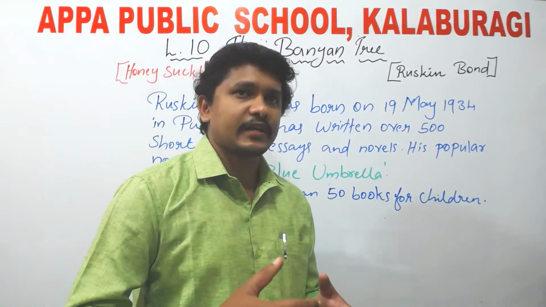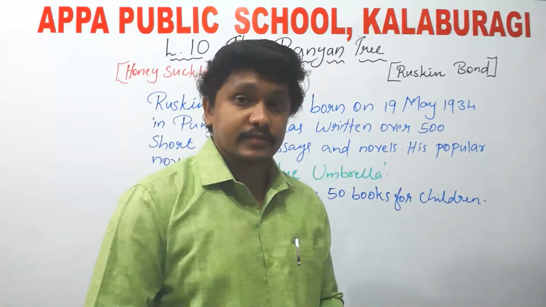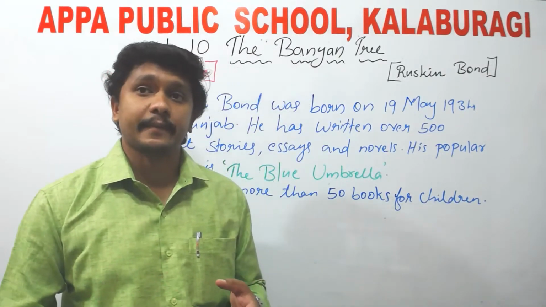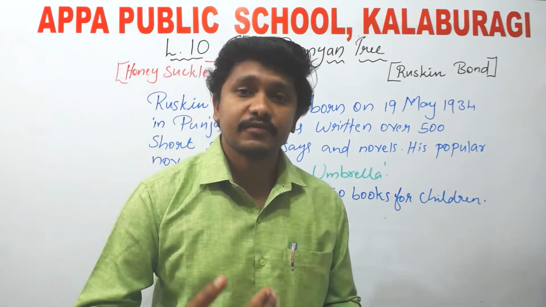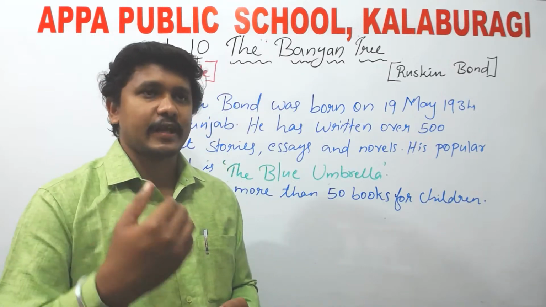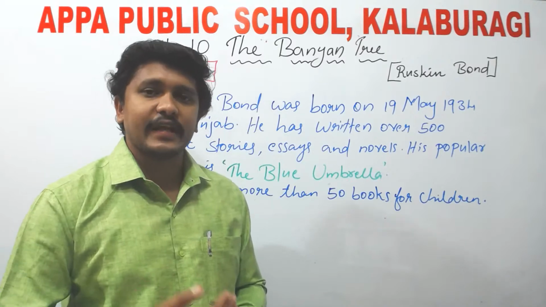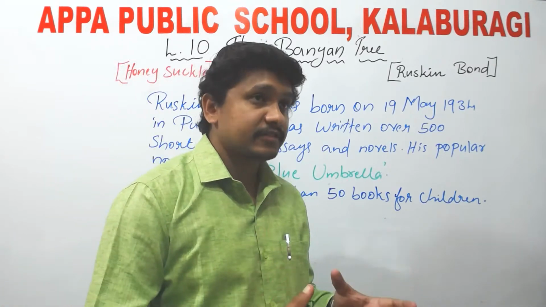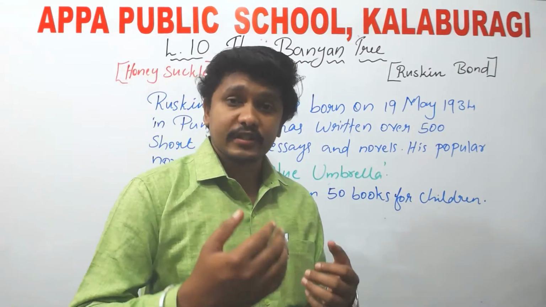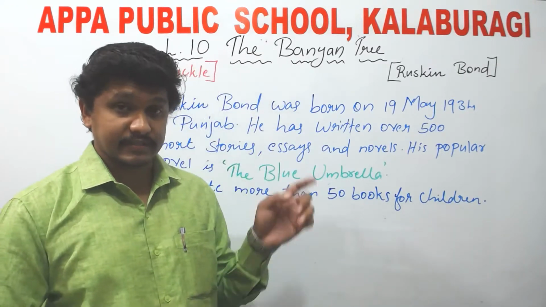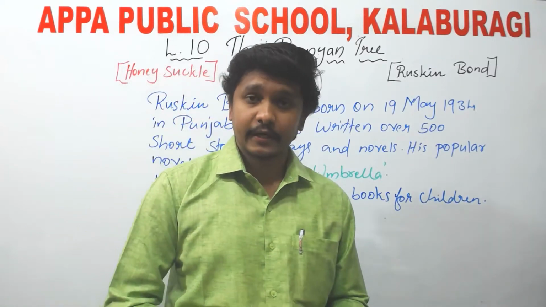And when we come to the Honeysuckle 9th lesson, The Desert Animals, you have seen so many animals which live in the desert, especially mongoose, snake, and the ship of the desert, that is camel. Their lifestyle, how they adjusted their life in the scorching sun, you have learned in the 9th lesson. Why do I want to tell this Desert Animals chapter here?